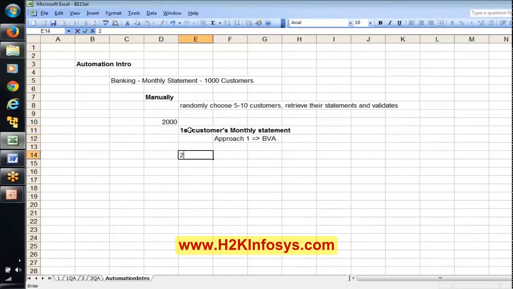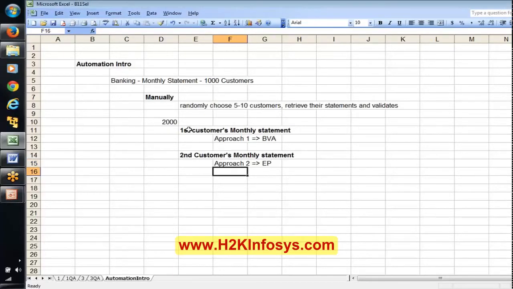Say for the second customer, for testing the second customer's monthly statement, we may follow an approach called equivalence partitioning as part of manual testing.